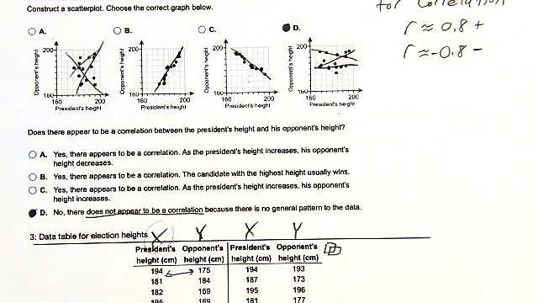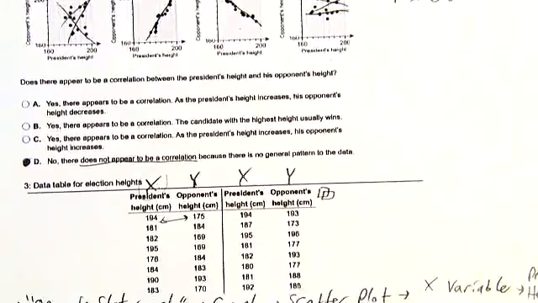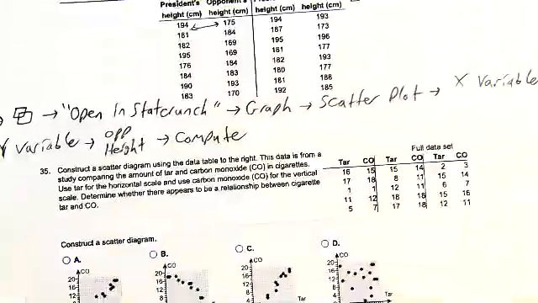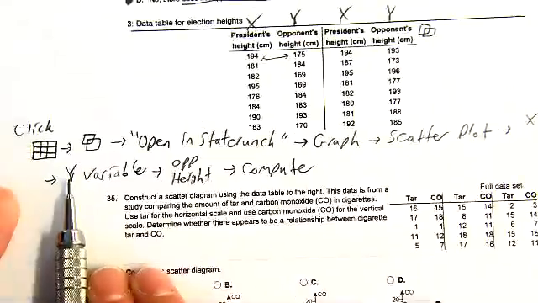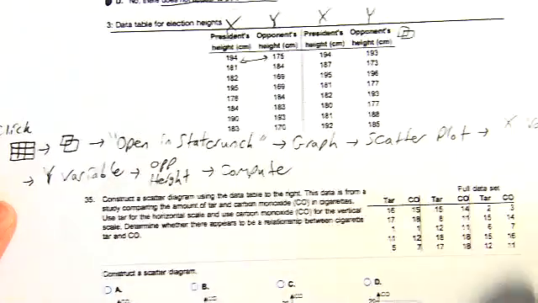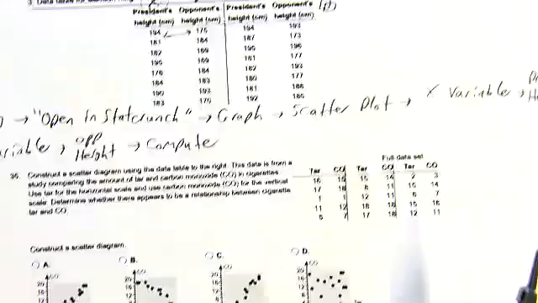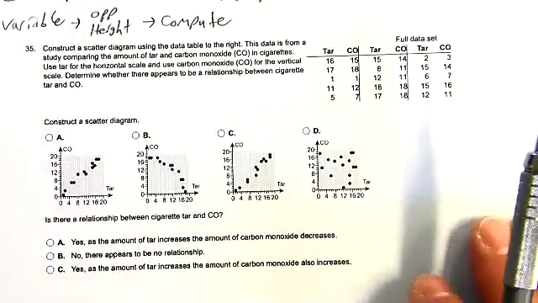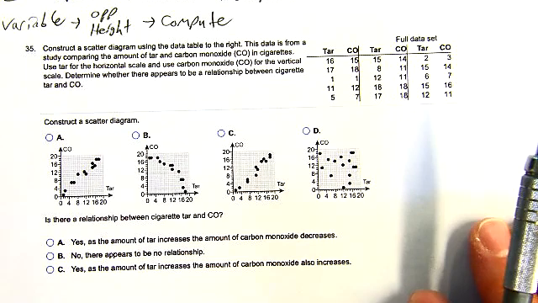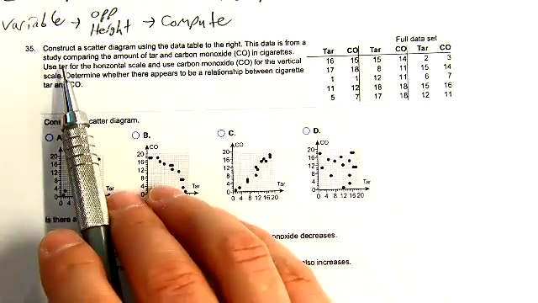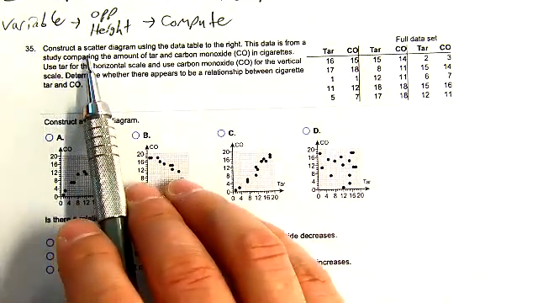Okay, 35 is a very similar problem. You're going to have to use these same steps. So in this class, I show you the steps one time. So you want to copy them down. And then you'll end up using those same steps over and over. So those same steps will be used for 35 to construct a scatter diagram